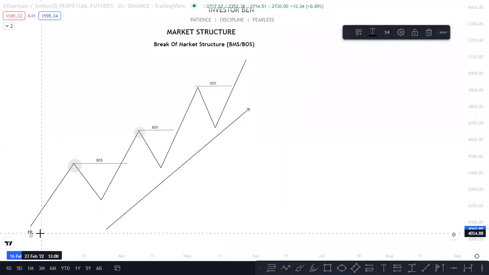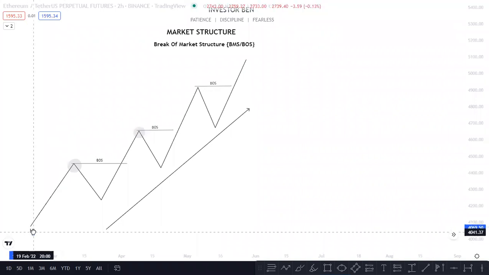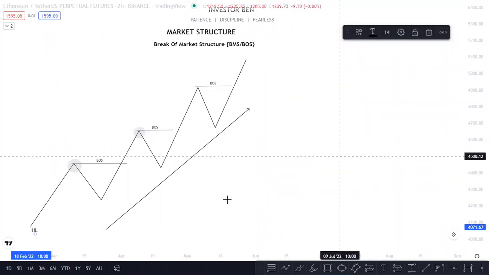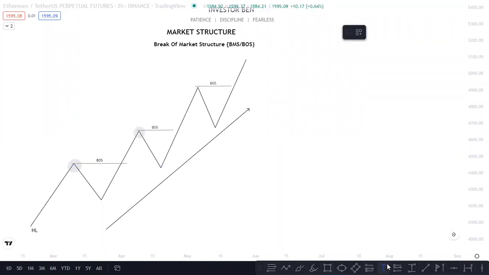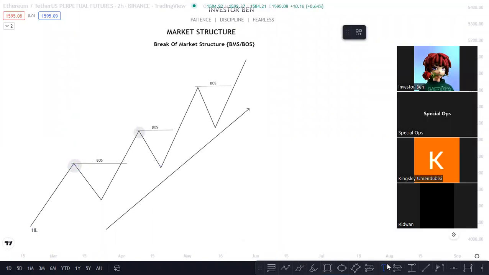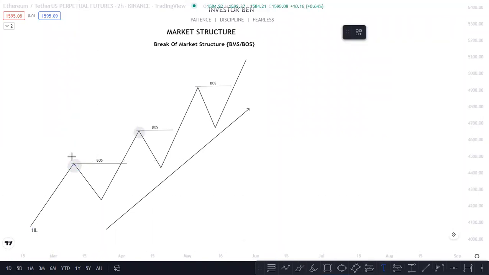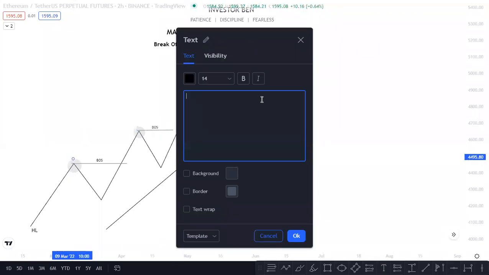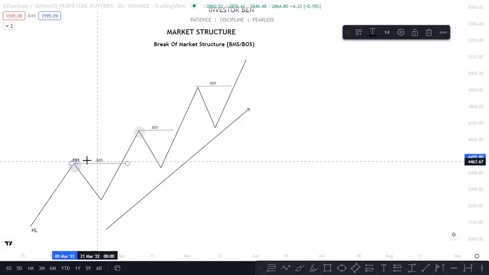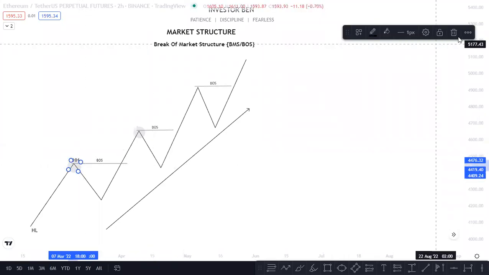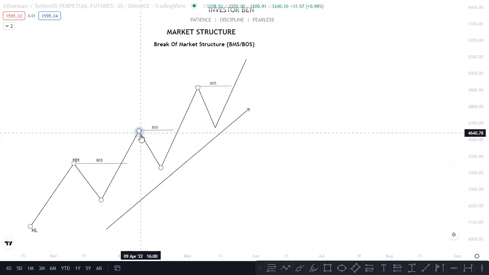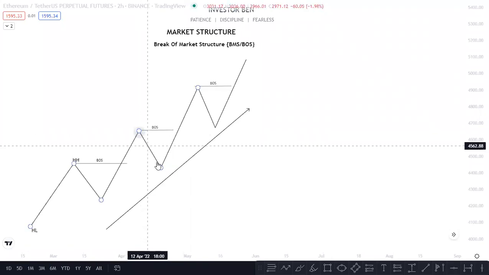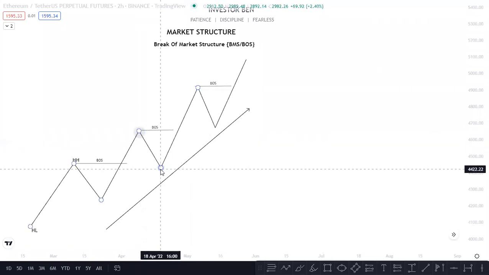So this is your higher low, right? In the downtrend, that is when you hear from lower high. But then this is your higher low, and this is your higher high, right? This is your higher high at this point. And in that higher high, we had a break that occurred at that point, right? We had a break of market structure that occurred at that point, where price tends to form a new high. At this point we formed a new high, we created a higher low, right?